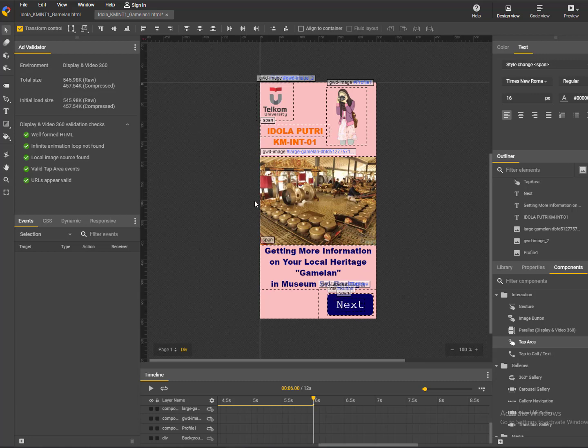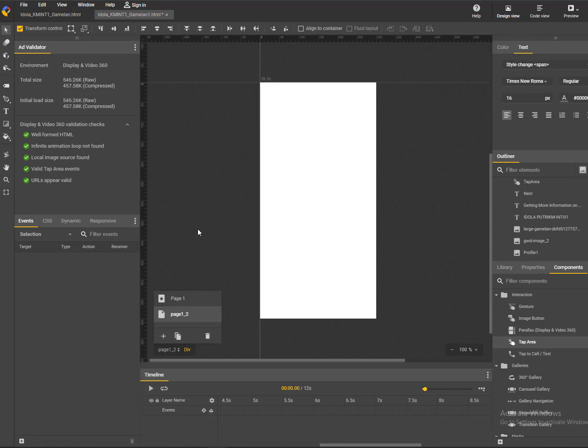So how do we do it? You can see in the bottom left of your canvas a statement called page 1. If you want to add a page, click the plus symbol, and it will direct you to page 2.